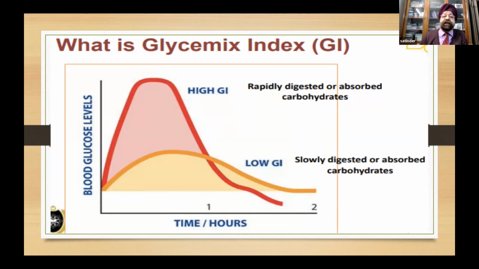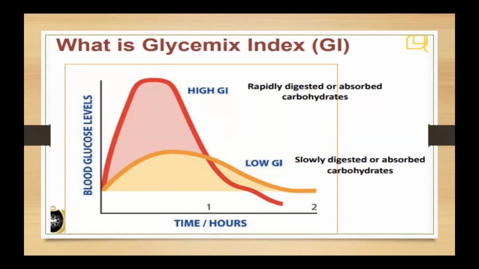With a product of high glycemic index, the glucose rises up, but then it plummets down very quickly, and may even go into hypo, as you see. Whereas a product with low GI would be slowly digested, and the level of glucose would go up gently and in a much less abrupt fashion.